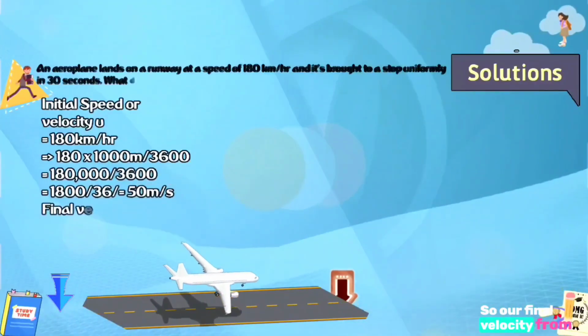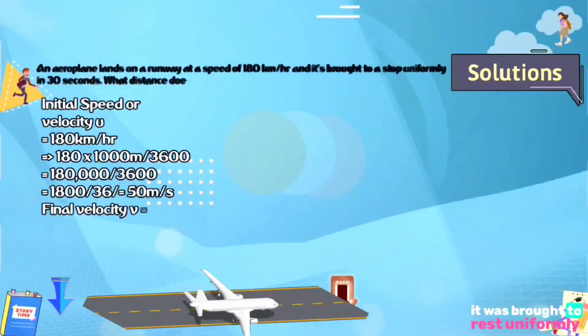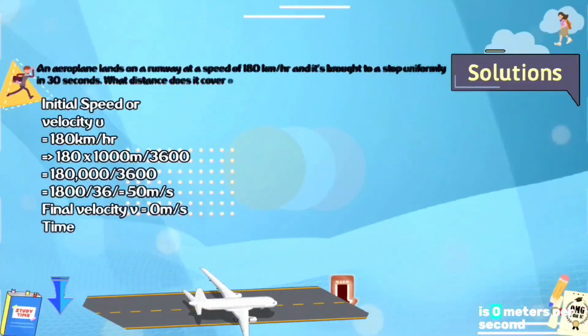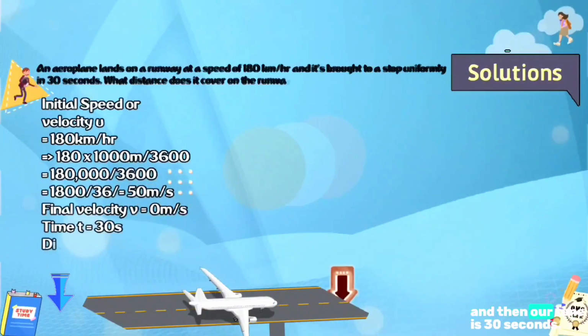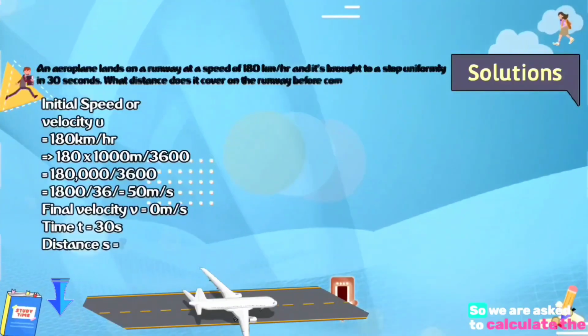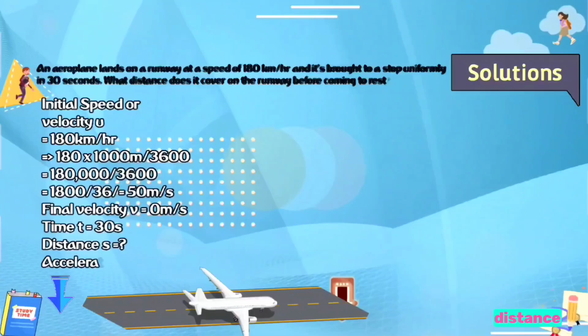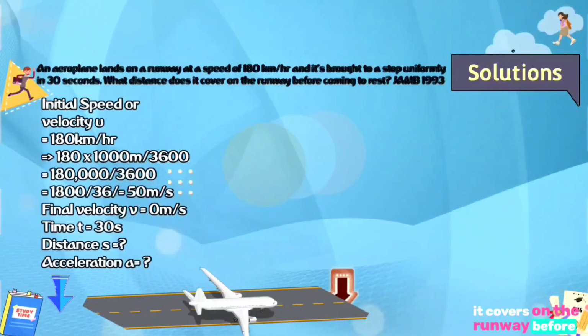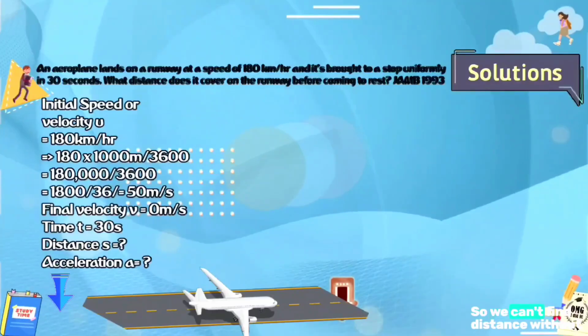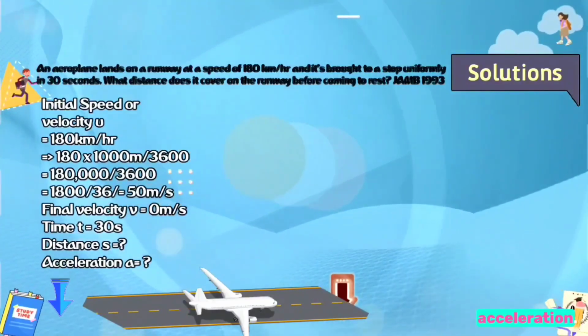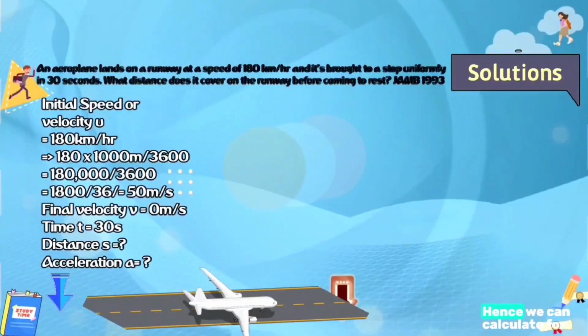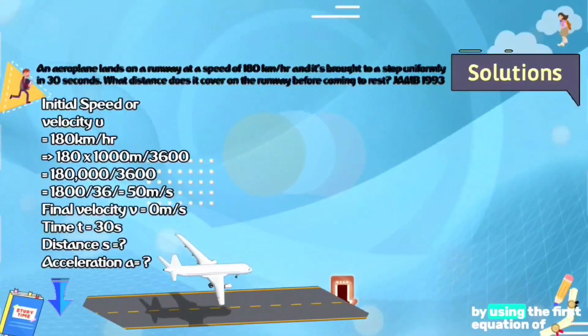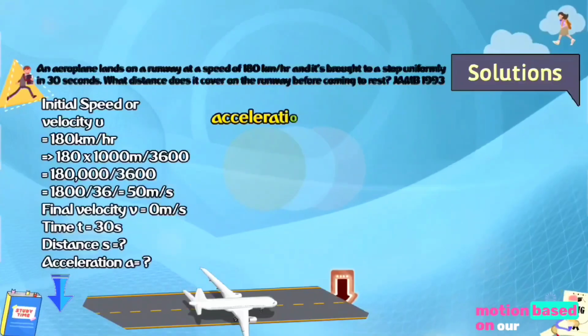So our final velocity, from the equation it was brought to rest uniformly, is 0 meters per second, and then our time is 30 seconds. So we are asked to calculate the distance it covers on the runway before coming to rest. So we can't find distance without acceleration. So acceleration is missing. Hence we can calculate for acceleration by using the first equation of motion based on our